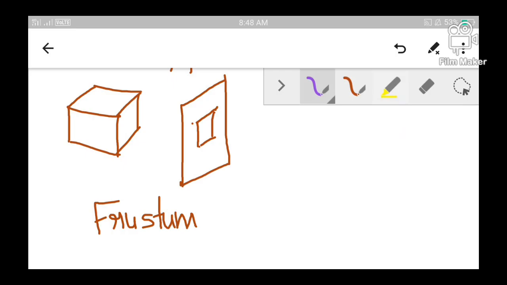Let me map the corresponding points among these two objects, that means among the real life object and the projected object. So let me draw projection lines between these two.